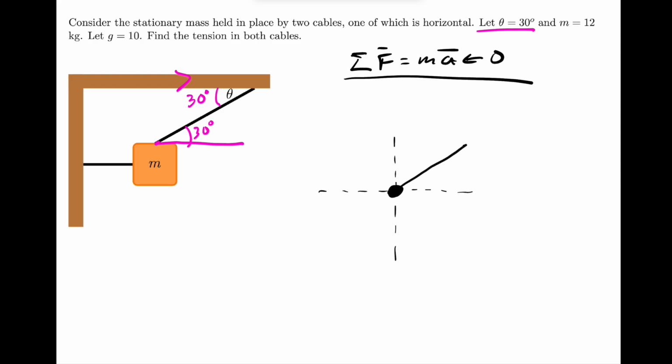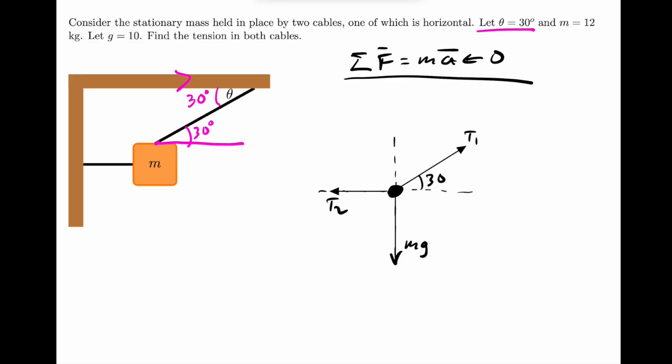So we know we have a force this way, okay? And I'm going to call that T1, and it's at an angle of 30 degrees off the horizontal. We also know that we have a force acting in that direction, okay? And I'll call that T2. That's strictly horizontal. Now, we also have a force acting down that's caused by gravity. Okay, and we'll call that